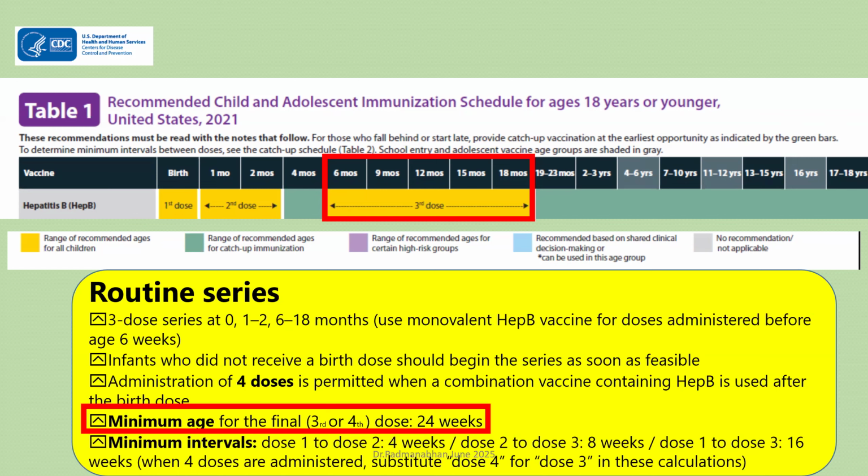Now remember why I'm putting it up very slowly, why I'm showing the CDC table first, is to understand that hepatitis B is a disease which we are giving. We give the newborn dose because the maternal to infant transmission should be blocked as much as possible. If you immunize at priming dose 6 weeks, we want to make the child immune as far as possible. Even if the mother is HBs positive, if you are giving